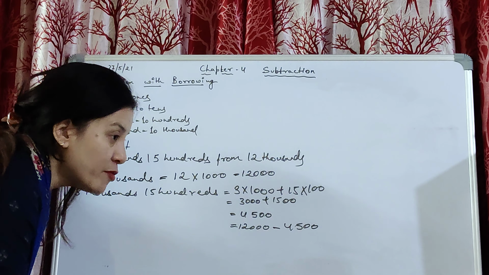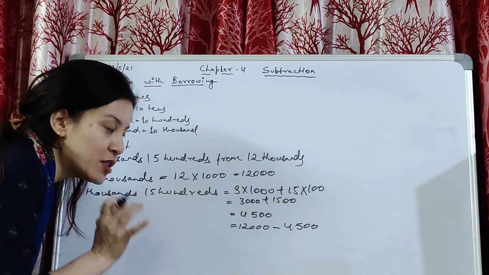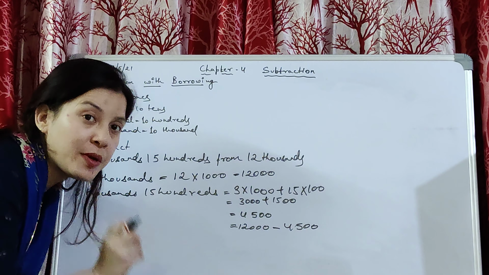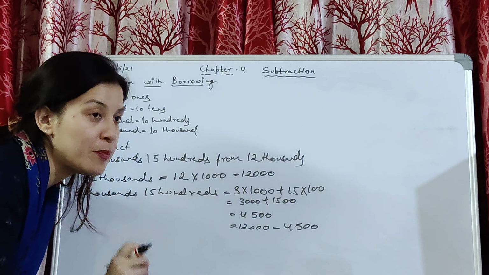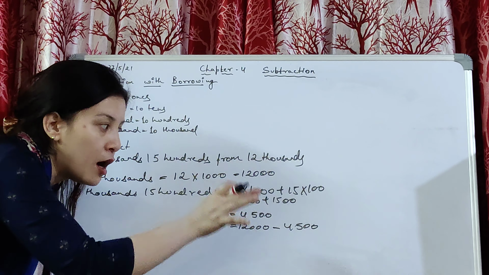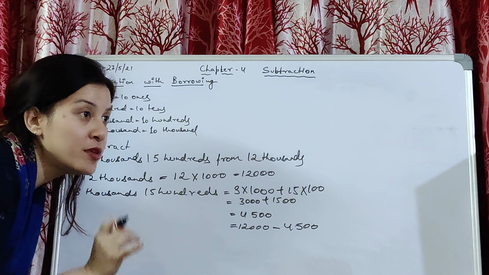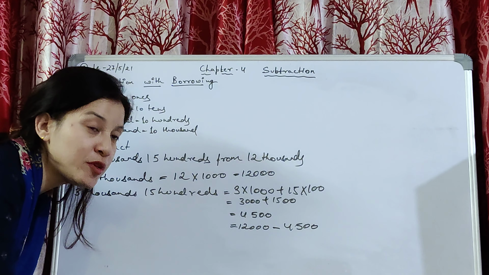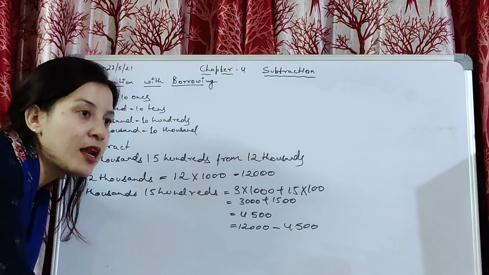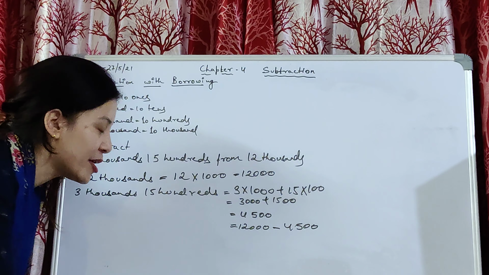For subtracting both of them, always remember that you have to arrange them according to their place value. किसी भी number को when we try to subtract, हमें arrange properly करना है. Whenever you arrange them in a column, column में जब आप arrange करने जाते हो, you have to arrange them according to their place value. उनके place value को according से आपको arrange करना है. अगर आपका arrangement correct है तो आपका answer भी definitely correct ही आएगा. You get the correct answer.